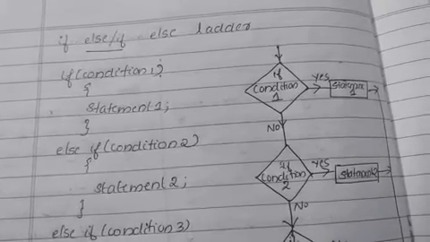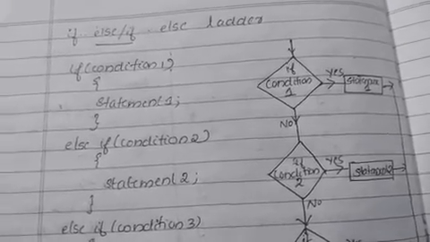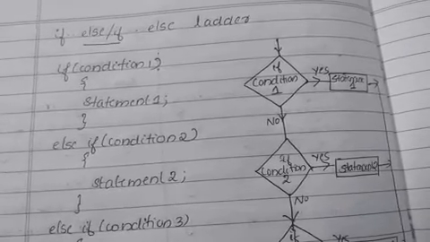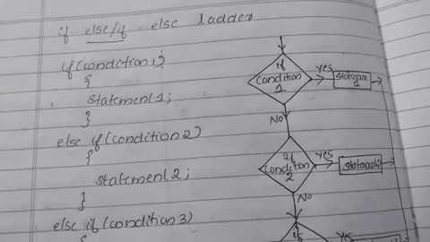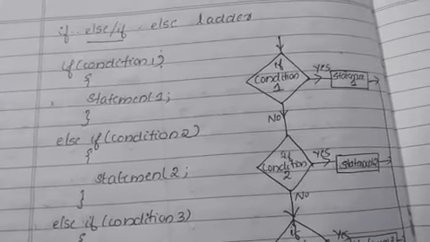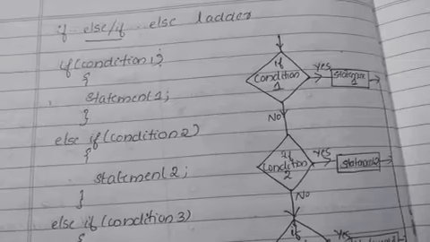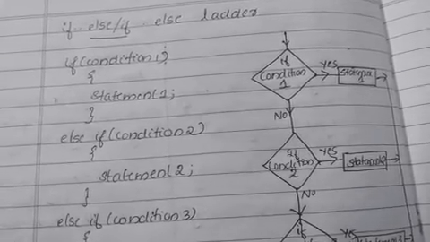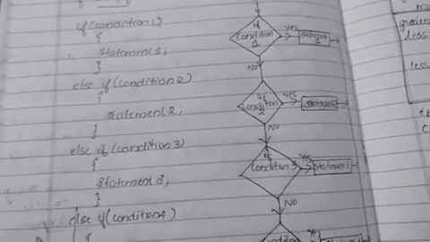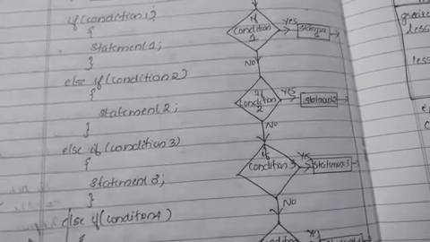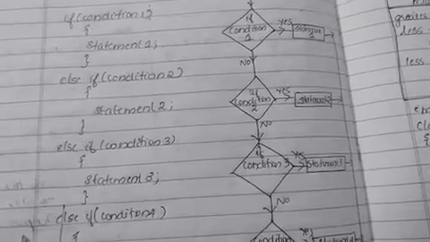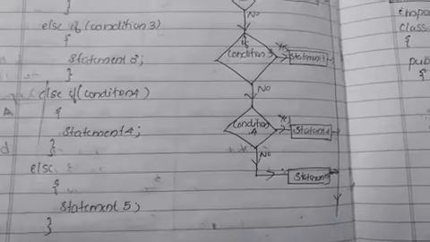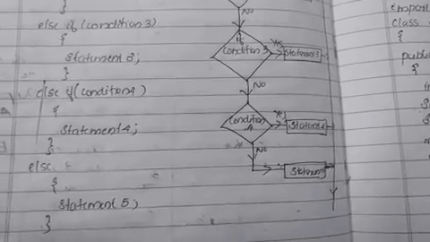So here you can see a group of if else statements. That is, if the first condition is not satisfied, the next else if statement is checked and executed automatically, and so on. This process goes on. If none of the conditions we are checking are satisfied, then the else part will be executed. The else statement is executed finally.